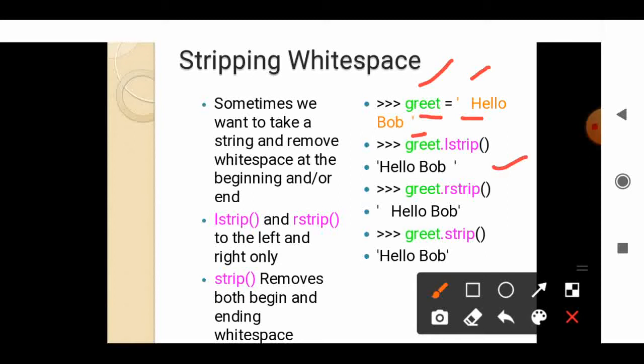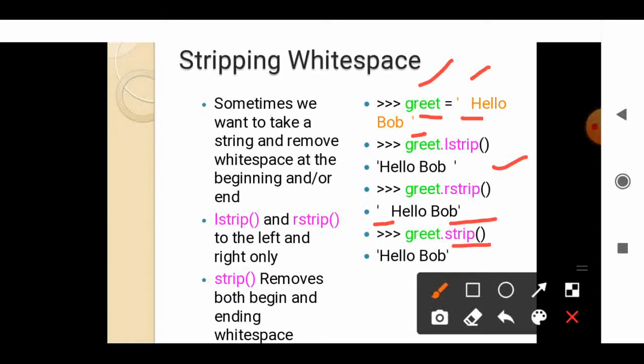Then greet.rstrip removes the white space from the right side, and it displays the result. Here the left white space remains as it is because we used the rstrip function.